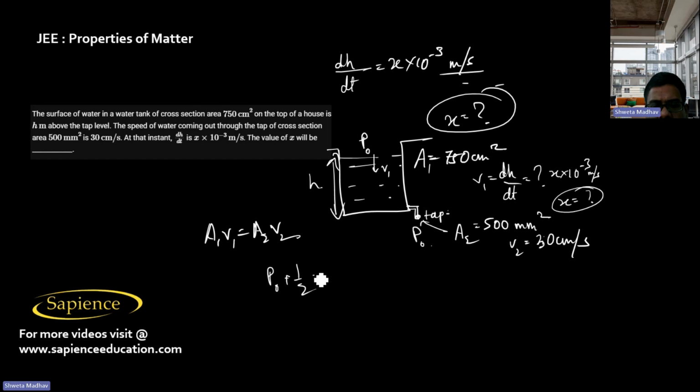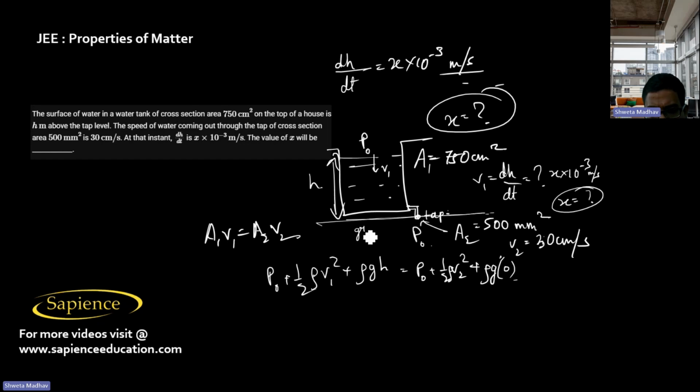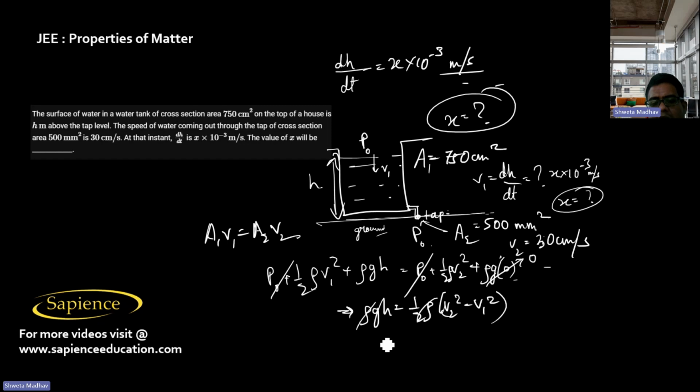So P naught plus half rho V1 square plus rho gh is equal to P naught plus half rho V2 square plus rho g into 0, if we take the ground level here only. P naught and P naught will get cancelled. This also will be 0 only. So it means rho gh is equal to half rho into V2 square minus V1 square. So rho and rho also will get cancelled. And then